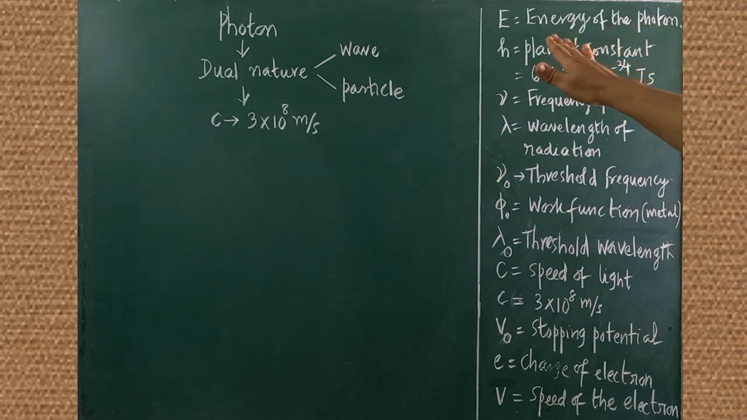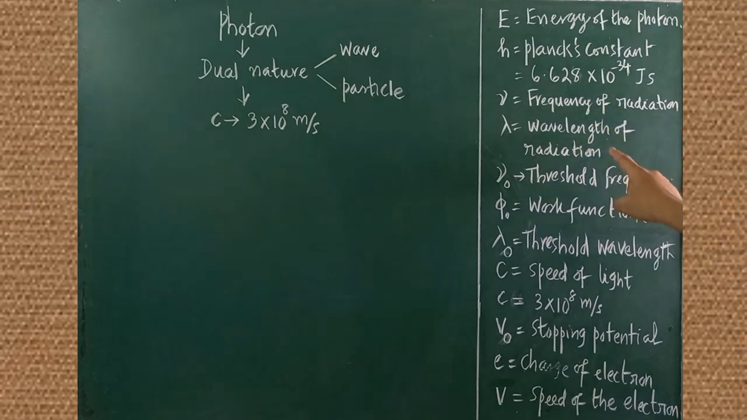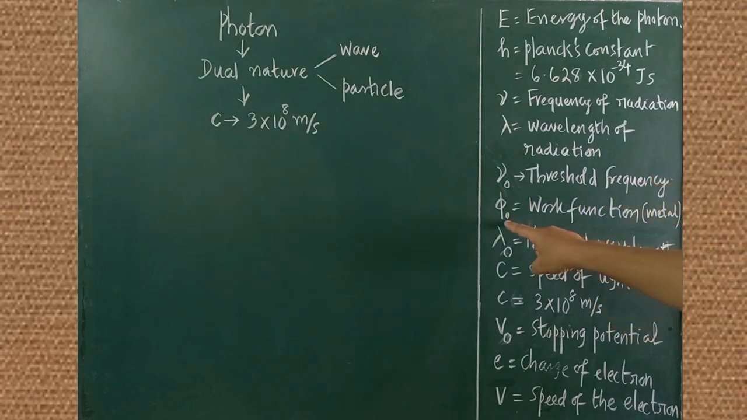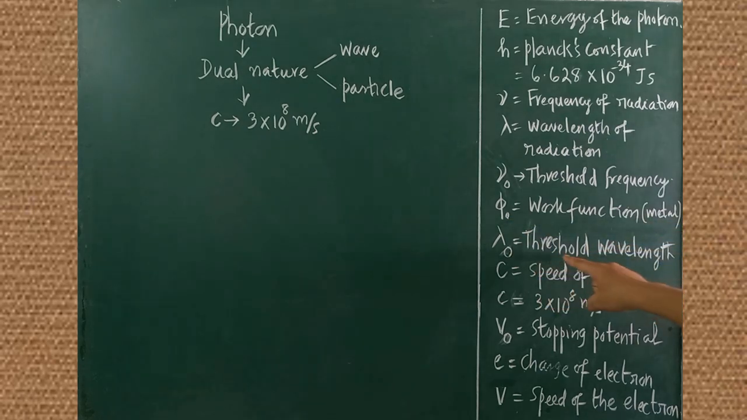So what is E? E is nothing but energy of the photon. h is the Planck's constant, its value is given, and nu is called the frequency of the radiation, lambda is called the wavelength of the radiation, nu naught is called the threshold frequency, phi naught is called the work function of the metal, lambda naught is called the threshold wavelength, c is the speed of light, its value is already known, 3 into